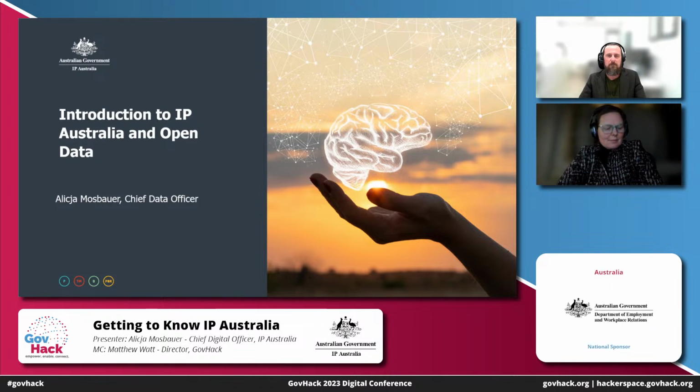Today we are hearing from Alicia Mosbar, the Chief Data Officer of IP Australia, who will be presenting the talk from IP Australia. IP Australia is an integral agency of the Australian government dedicated to administering intellectual property law across the country. This encompasses the vital duty of handling the registrations of trademarks, patents, designs, and plant breeders' rights. Alicia will provide insight into the identity and function of IP Australia. Additionally, she'll highlight the commendable work they've recently done in collaboration with the Office of the National Data Commissioner.